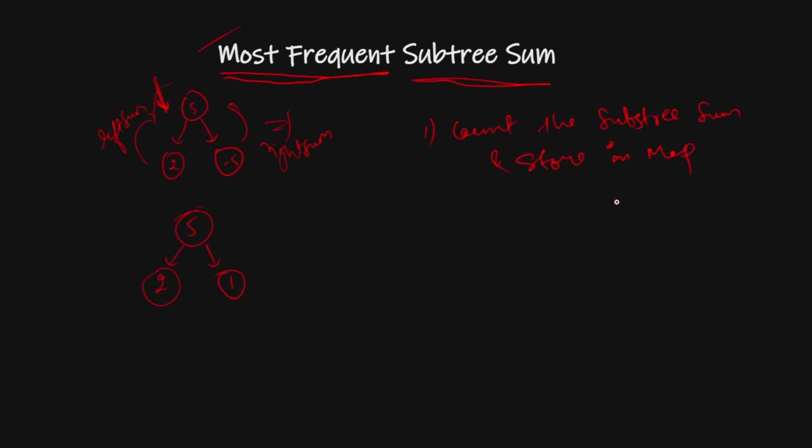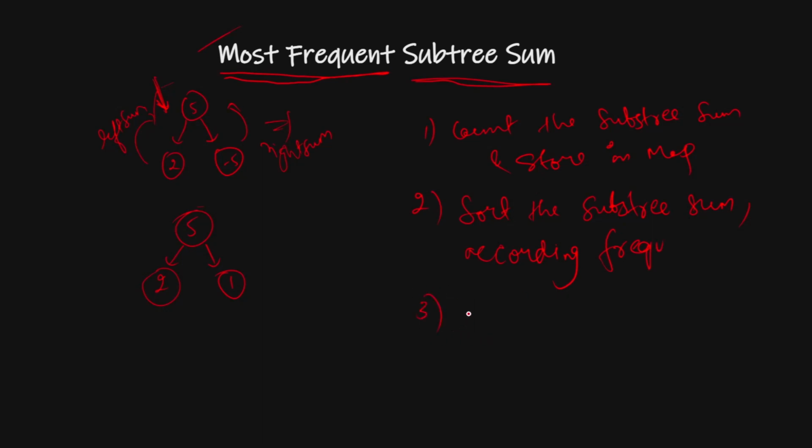We will have another map. Then what we have to do is sort the subtree sums according to the frequency. Once we have done these two steps, the last step will be: